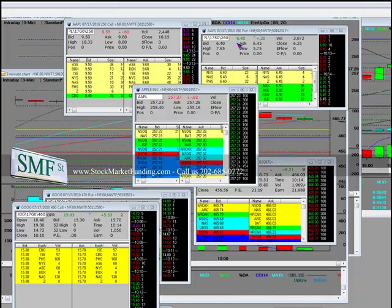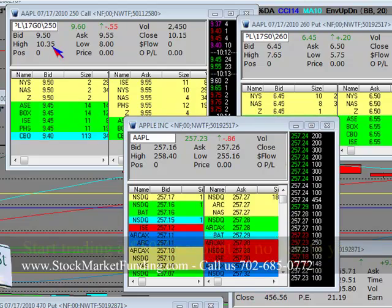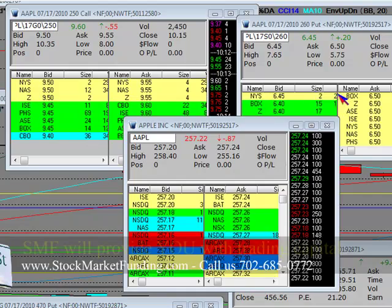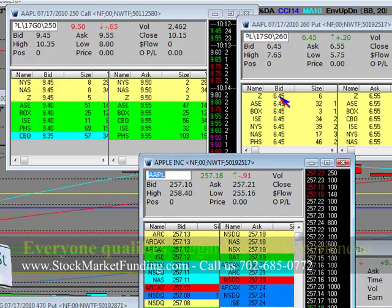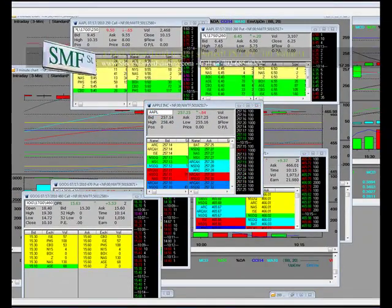As you can see, we're making money on the 260 put option. Here is the Apple. It made a high of 1035. If Apple holds support down in here, what I'll do is I'll cash this side of the trade in. I would be cashing that this side. But if Apple is falling in price,